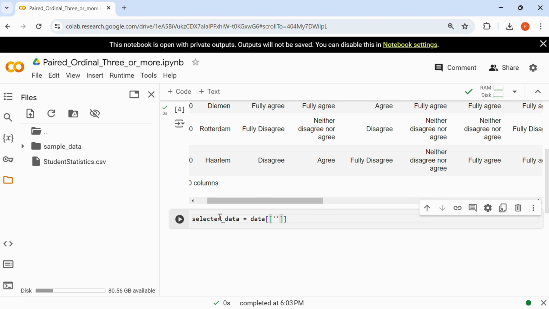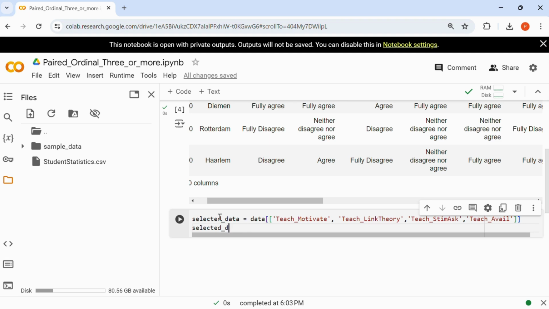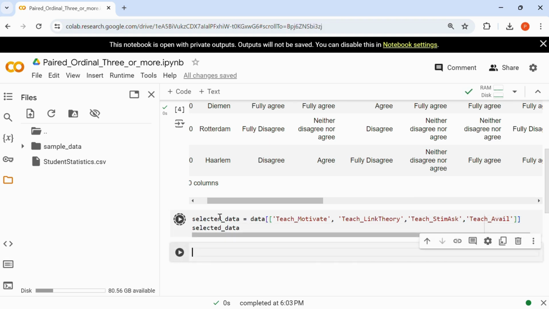These columns are teach motivate, then teach link theory, and then teach stim ask. And let us take one more, teach avail, and let us see how the selected data looks